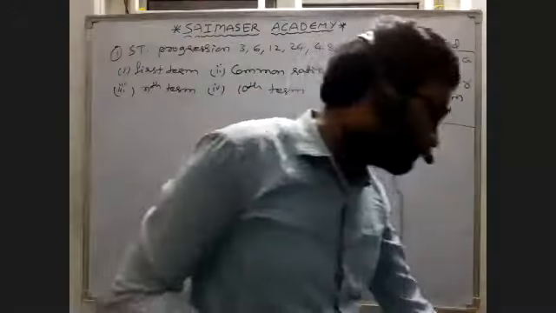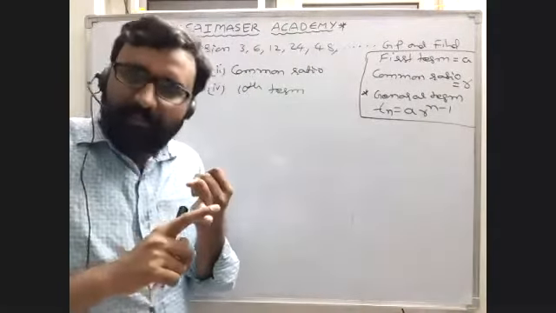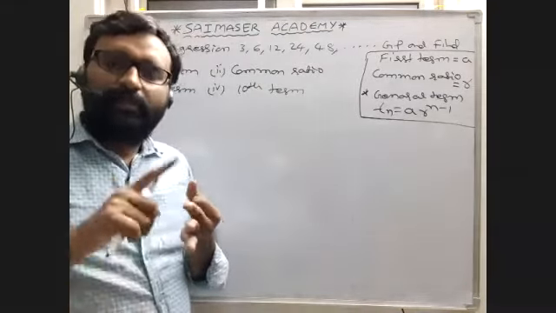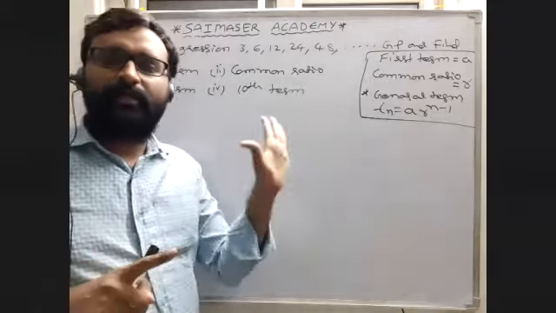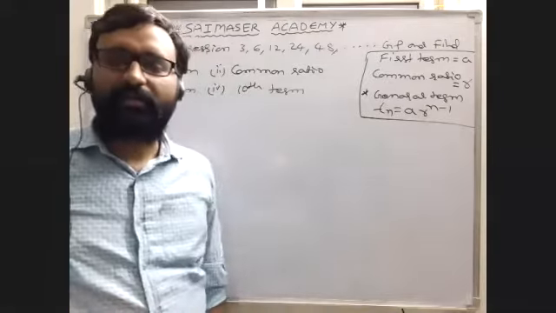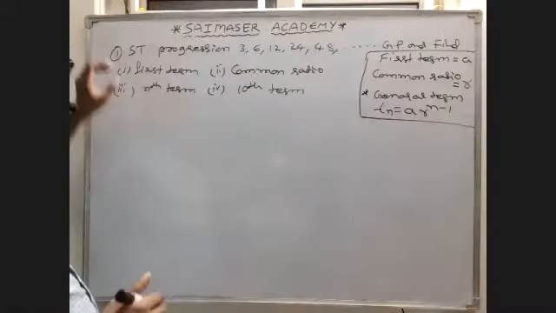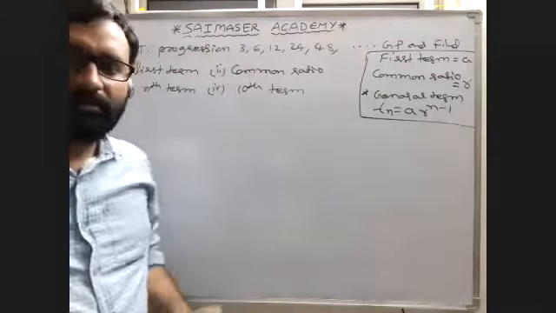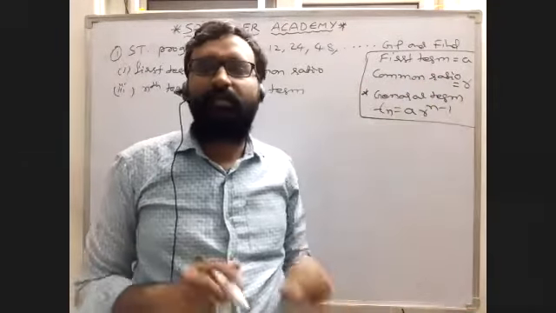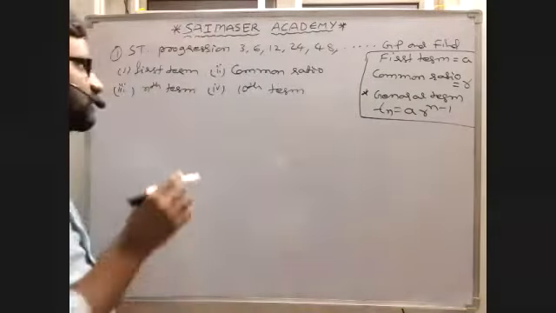This is a very useful question. In this question, we can find first whether the given series is a GP or not. We can find the first term, common ratio, nth term, and 10th term. So we can find all in one question. First of all, to prove this is GP or not, the common ratio should be the same. Then we can say that the progression is called GP. So, what is the given series?